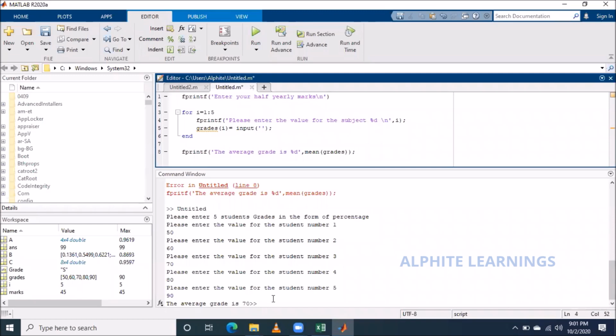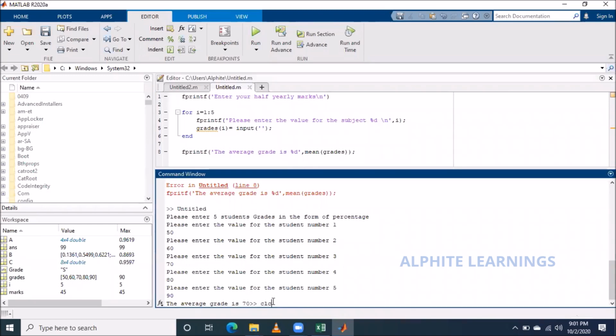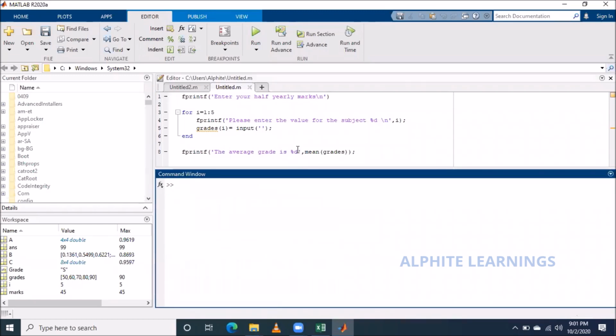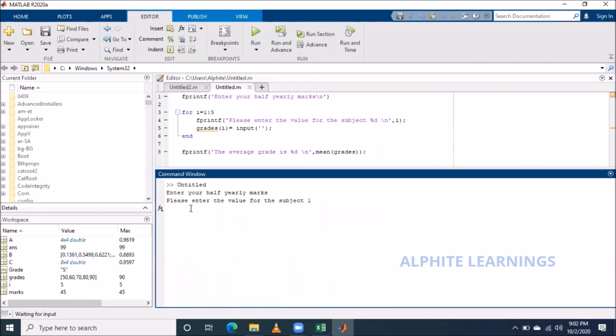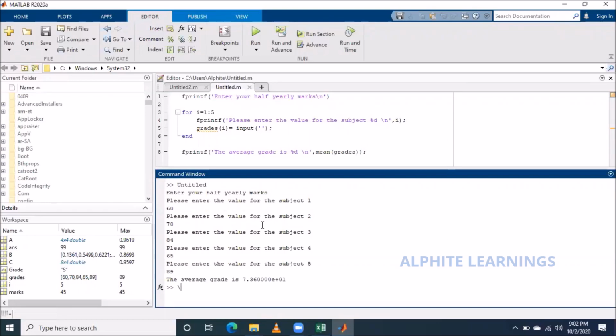So you just see here now. I'll just mention CLC. Okay. Just mention slash n here. See, if I run this program now, check. Please enter the value of subject one. In subject one, I got 60. Subject two 70. Subject three 84. 65. 89. So whatever I mark is this. My grade is this. Average grade is this.